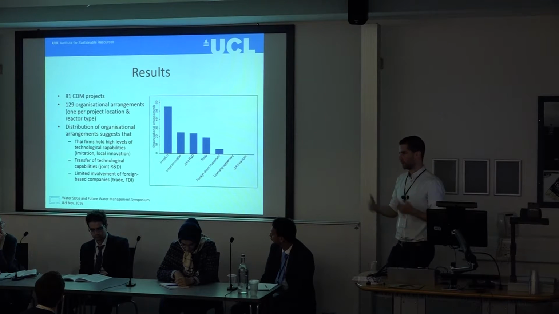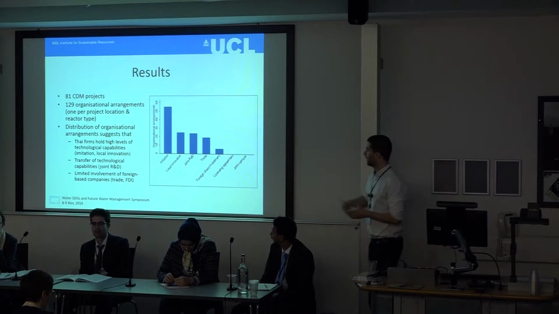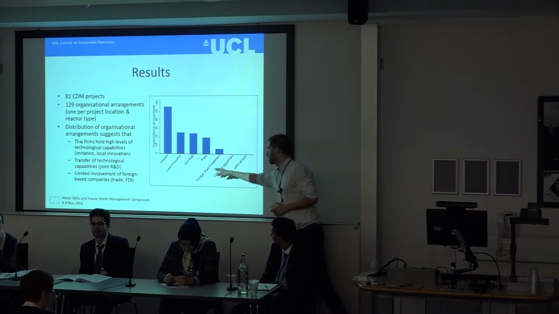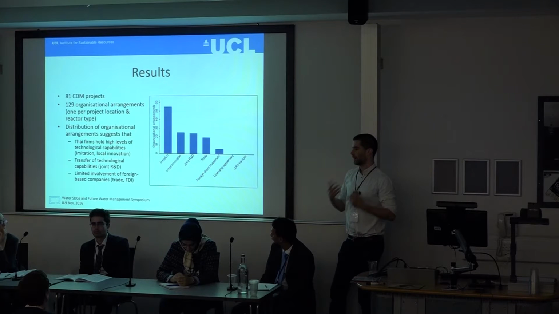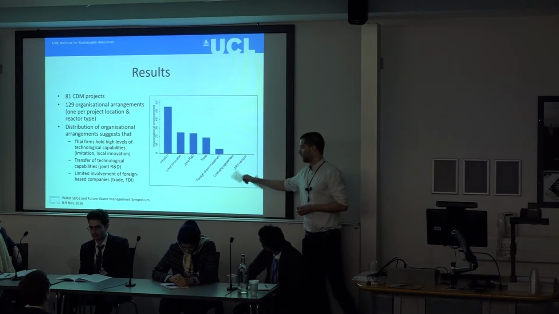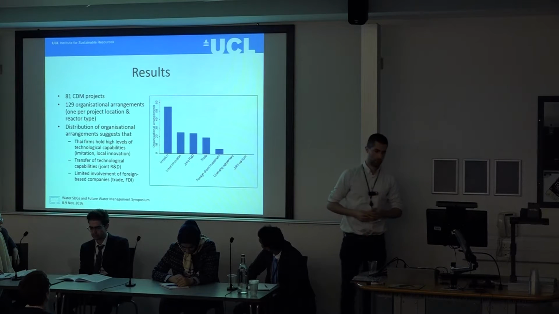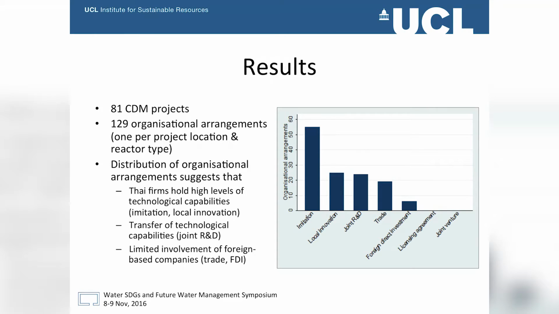and foreign companies. All right, so looking at the distribution of the organizational arrangements here on the right, you can see that Thai firms seem to hold quite high levels of technological capabilities. So the imitation category and the local innovation category are the most prevalent. The high incidence of joint research and development initiatives suggests that there's some high-level technology transfer going on between foreign